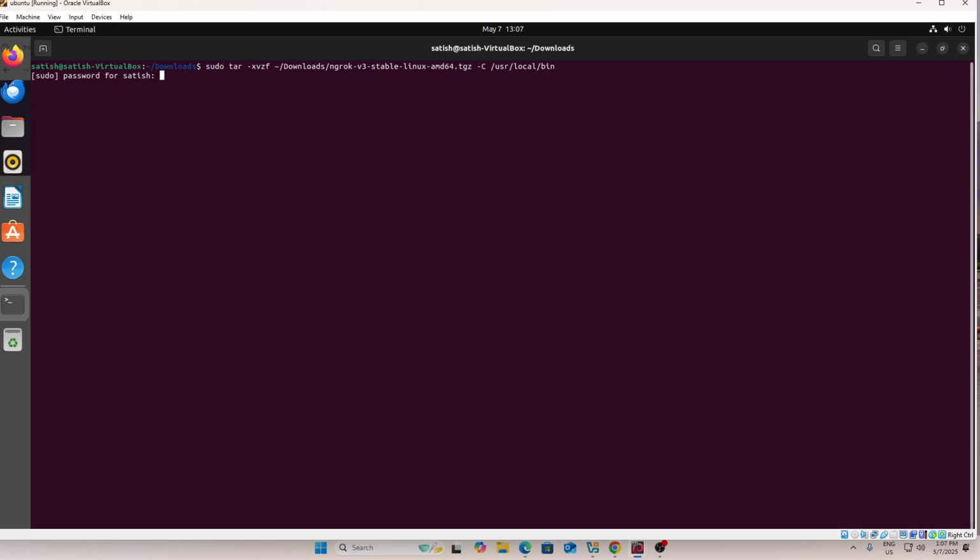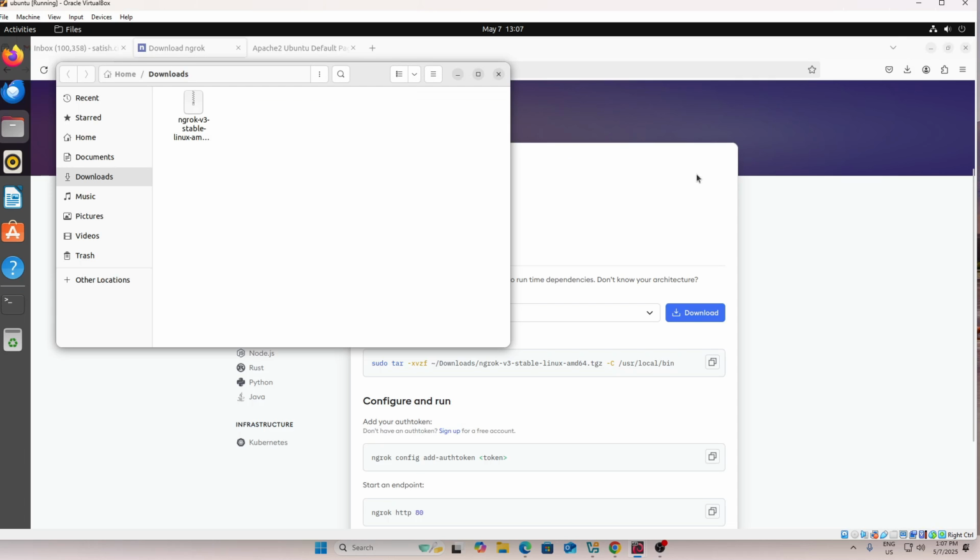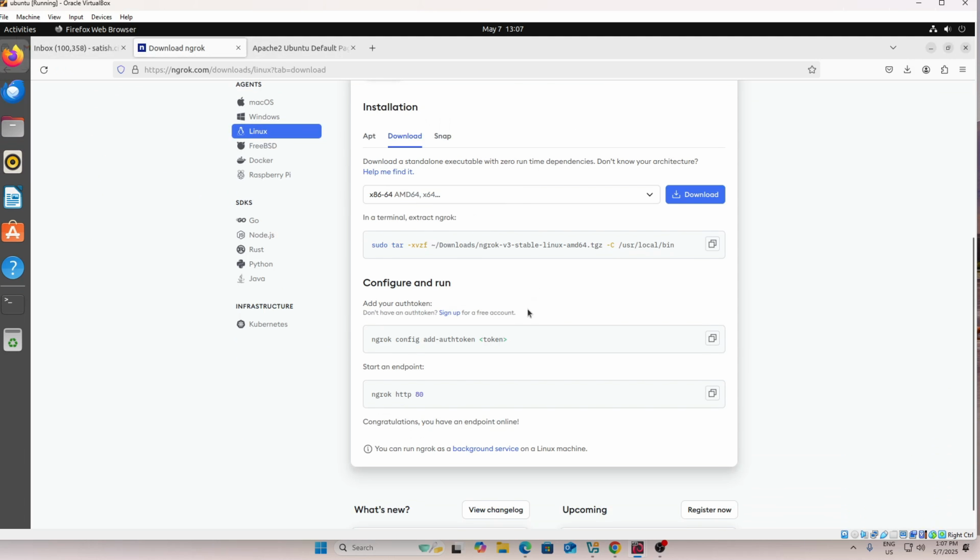Type your password and done. So we have done this in user local bin. Now you need to run this, but for running this auth token, you have to sign up. So click on sign up,